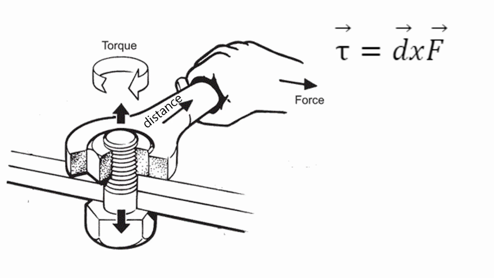Let's look at the cross product of the force and the distance, or how much the force is perpendicular to the distance. In that case, you get the torque, or spinning force, which has a direction depending on what direction the spin goes. Like with turning a screw, which direction the screw moves. Notice that the direction of the torque is perpendicular to both the direction of the force and the distance.